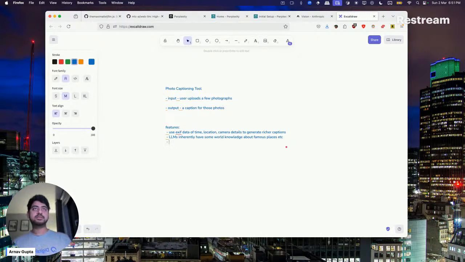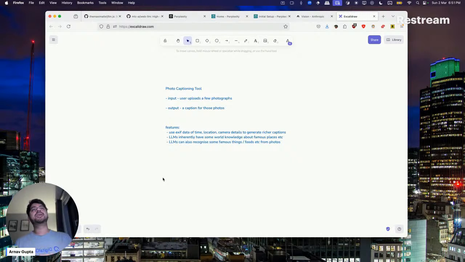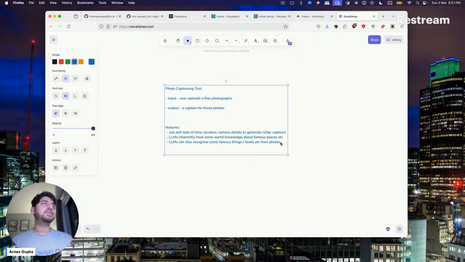And LLMs can also recognize some famous things, foods, etc. in photos, so we'll bank on that. The idea is, like, upload a few photos, say that I'm going to make a post about it, and generate some captions, probably give some options to tweak to the final user.